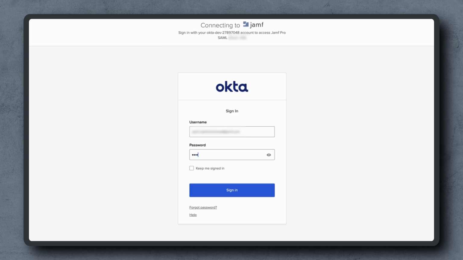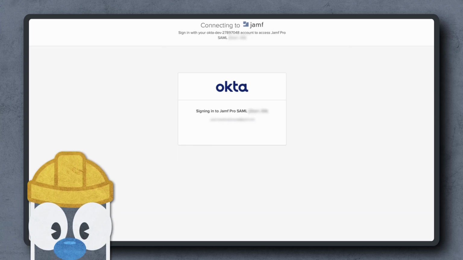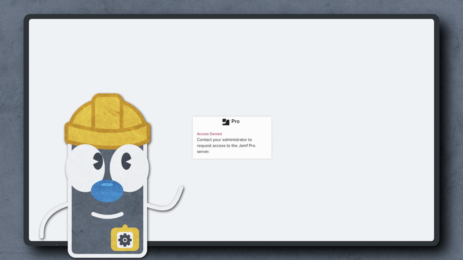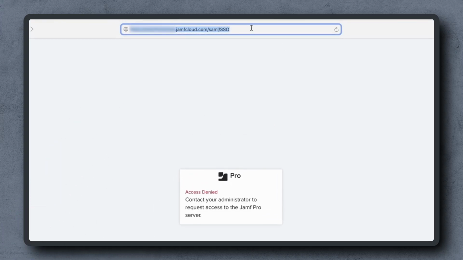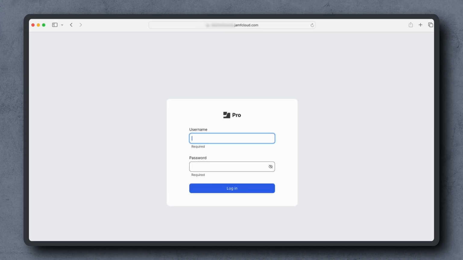If you've integrated Jamf Pro with a single sign-on or SSO provider, you may encounter times when that service is interrupted and you are unable to log in to Jamf Pro. To regain access to Jamf Pro, we can use the failover URL and log in with a local Jamf Pro